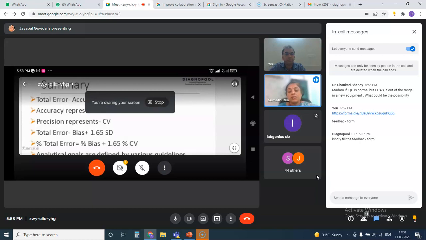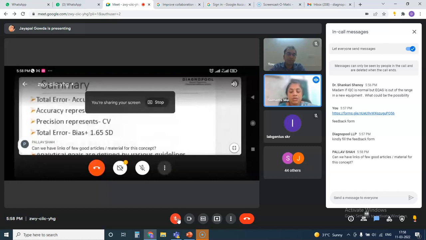Suppose you are still not able to find out the cause, do the root cause analysis completely by checking the reagent part, calibration, and all other things. If there is no impact on the patient sample, you can still send a few samples from your laboratory for interlaboratory comparison and verify. But when you do interlaboratory comparison, see to it that it is the same methodology as what you are doing, and you can include 2 labs for the interlab comparison, to make sure that you do not have any bias in your system.